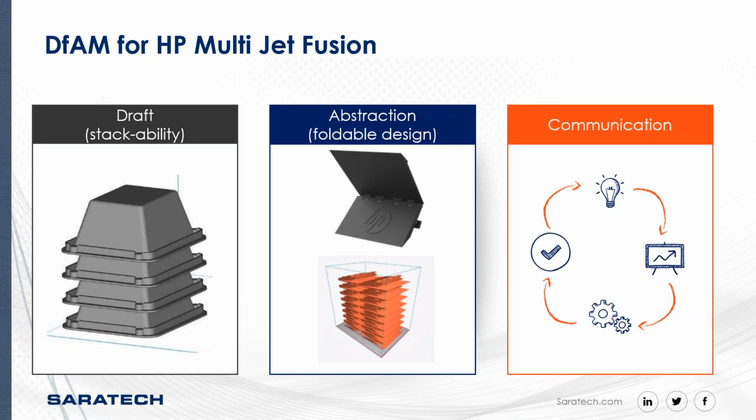And then communication. This one is not necessarily a specific rule for how you design the part, but it's really important to consider all the steps in the process. If your product consists of one single part, it may be a little bit easier, but a lot of products out there in the world consist of multiple components that mate with other parts, and different departments might own some of the design or